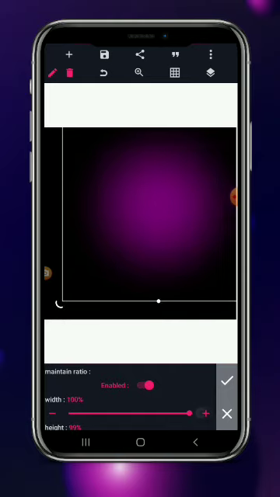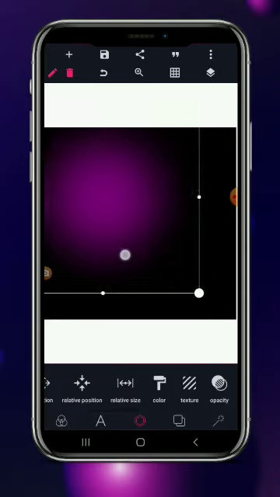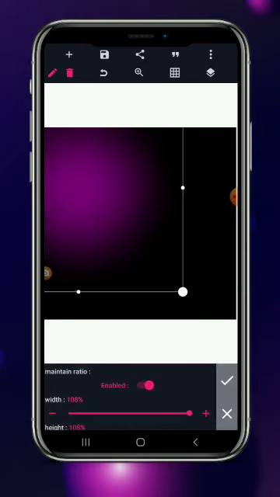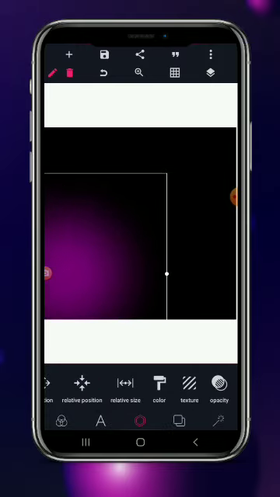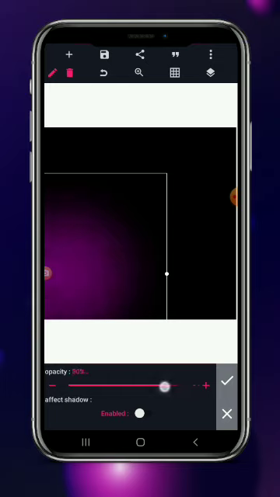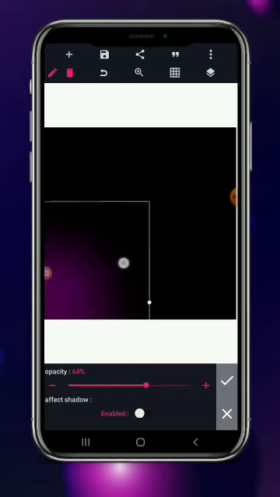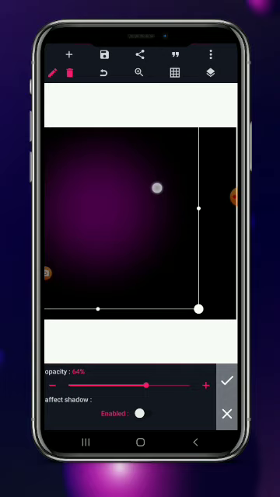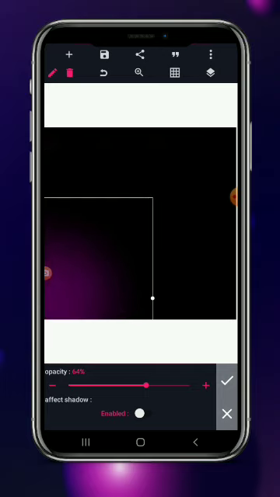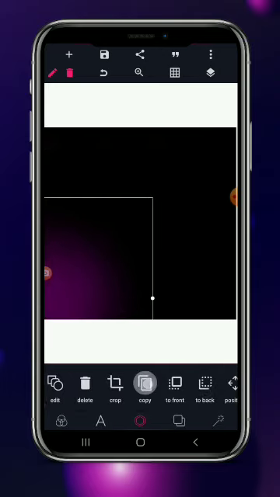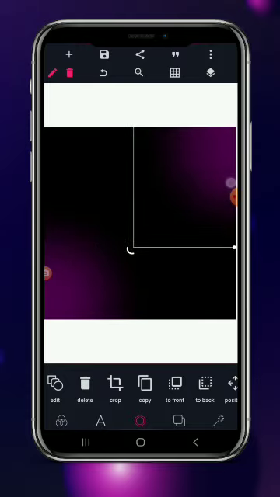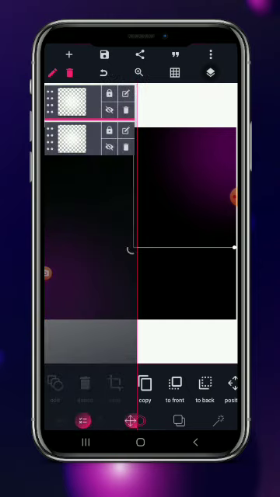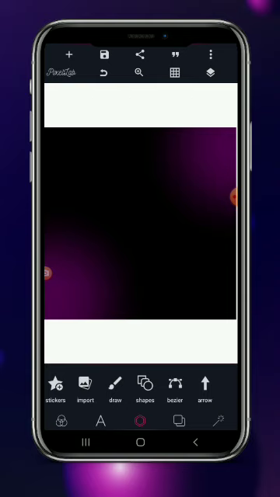Let's leave it like this. And I can even increase it more, like 108 or 103. So let's leave it like this and let's reduce the opacity. Then you leave it here. Yes, let's leave it here. Copy and put it at this edge also. So let's lock it. That's our background. Alright, the next thing is that